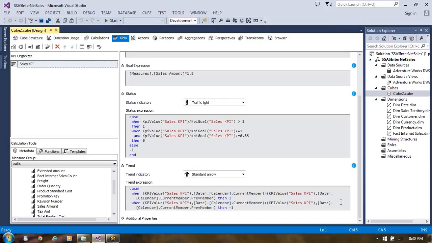The status also, the trend indicator, has to show whether it's an upward trend or a downward trend. We have to get that in such cases. So where is the problem? Since the KPI is correct. Date or calendar, current member greater than. We have taken it like that,